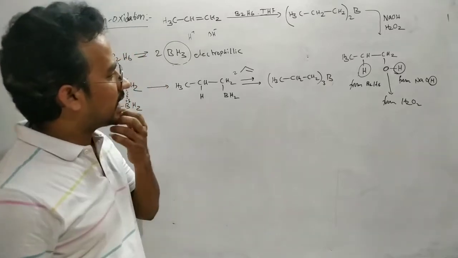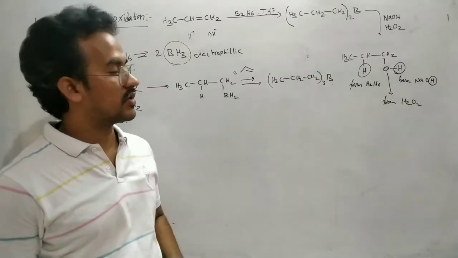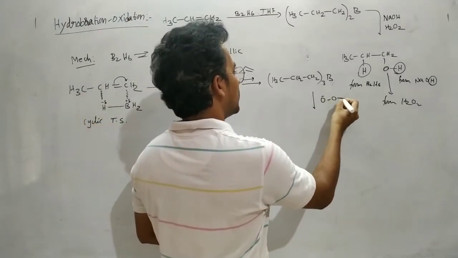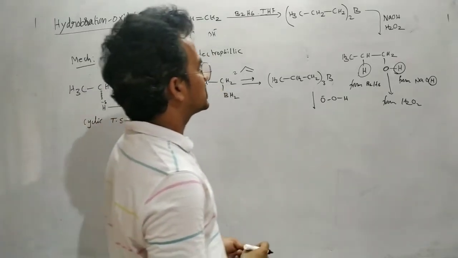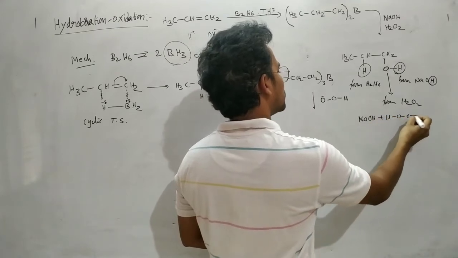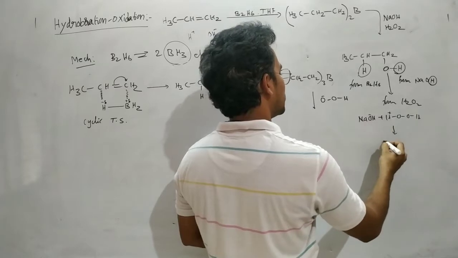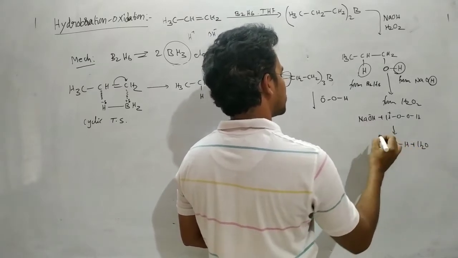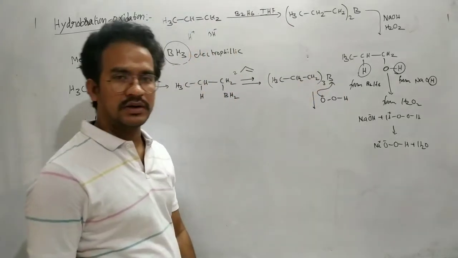This trialkyl borane is again electron deficient. The boron has 6 electrons around itself, there is no octet configuration. That's why it is attacked by the peroxide ion. This is formed as a result of the reaction between NaOH and H2O2. Here OH minus and H plus give O minus, OH plus, H2O, and Na plus. Now this O minus, a strong nucleophile, attacks the electrophilic boron atom.